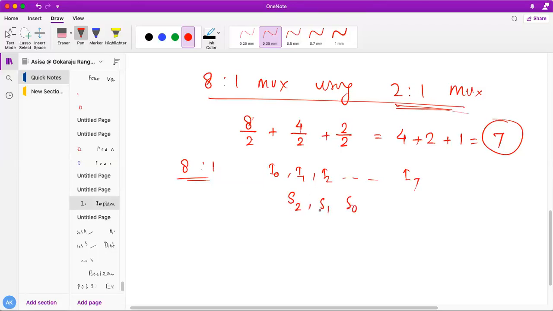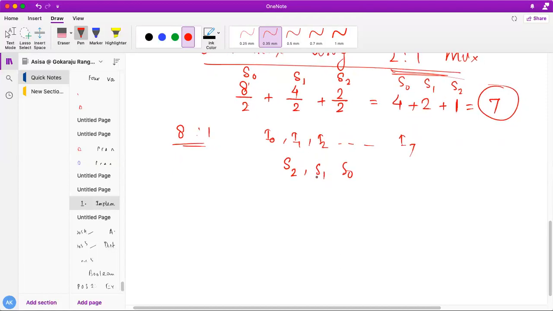Remember, this stage is S2, this stage is S1, this stage is S0. So the last stage will take 1 mux, it requires 1 mux.